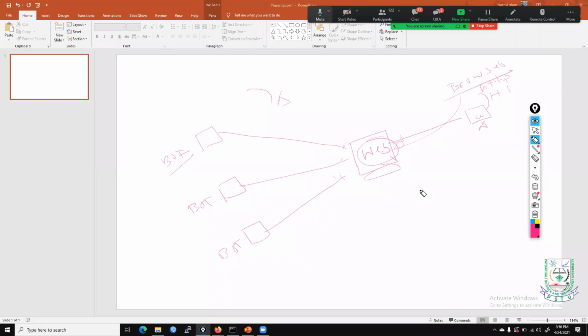Another bot we can see nowadays is the web crawler, called the Googlebot. It's a useful bot that scans the content of web pages when we are trying to search for something on Google. The web crawlers scan the content of web pages all over the internet and give us results in our search boxes, right? So these are the useful bots. Another